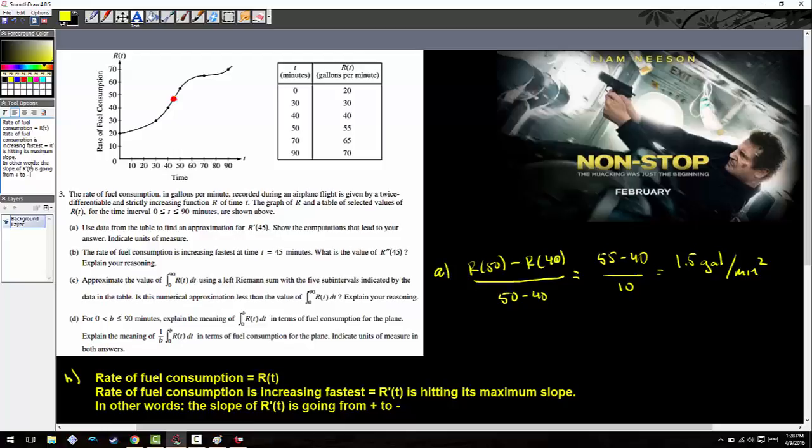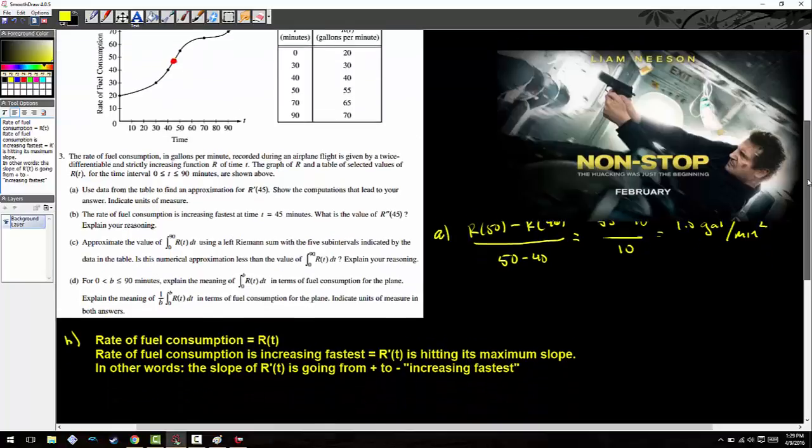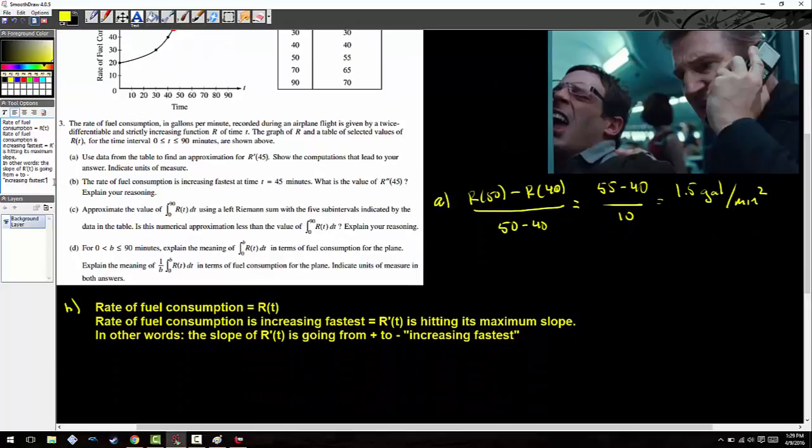And those words were given by this statement here: increasing fastest. That's what that's saying. Increasing fastest means that r prime of t is going from positive to negative. So what does that mean? Well, based on that information, we know that r double prime of t is going from plus to minus,